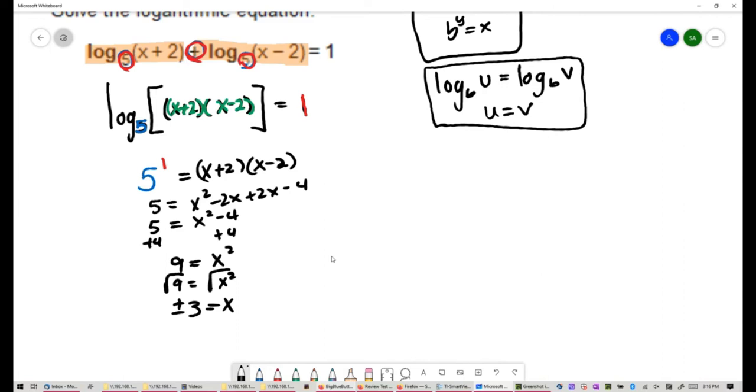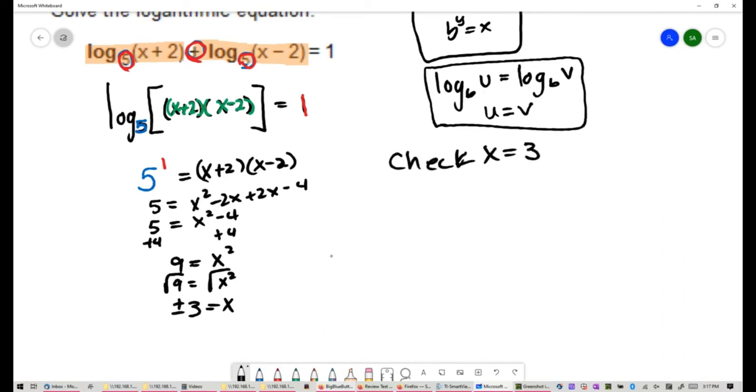So we're going to check x equals 3 and x equals negative 3 in the original equation. And what we're looking for is whether these numbers are in the domain of those logs. We can only take the log of positive values. So we have to exclude any time we take the log of a negative. So let's check